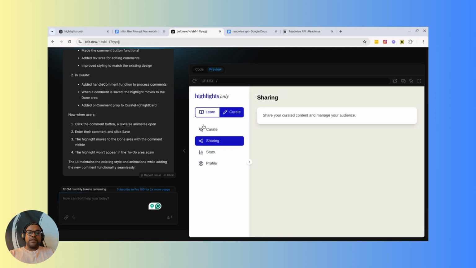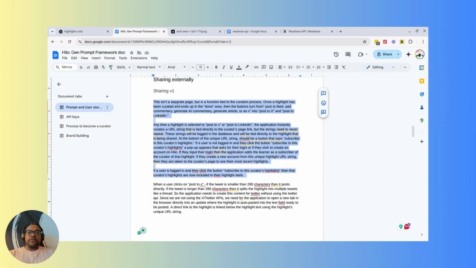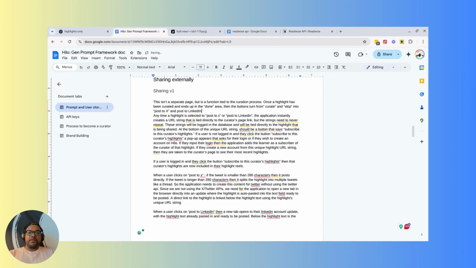Okay, so I decided that I wasn't going to share. Okay, so I've changed some things. I just realized this isn't a separate page, but a function tied to the curation process. So I'm going to change this from curate and skip to post to X and post to LinkedIn. And so we're going to just remove